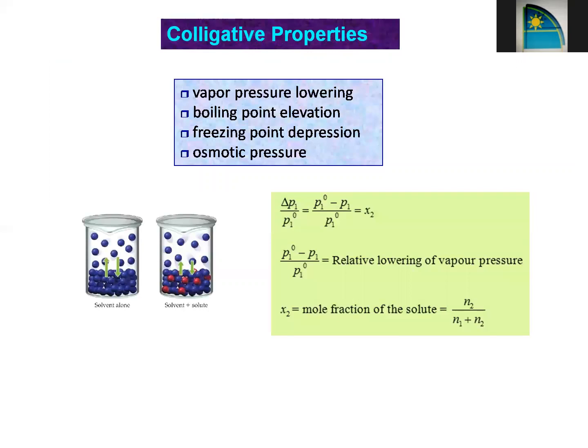Next topic we have is known as colligative properties. Colligative properties are those properties which depend only on the number of the solute particles, not on the nature of the solute particles. So that makes them very special. We can do an experimental setup and very easily figure out how much of anything is dissolved in any given liquid, and also find out the molar mass of the unknown thing which we have dissolved in any given liquid.